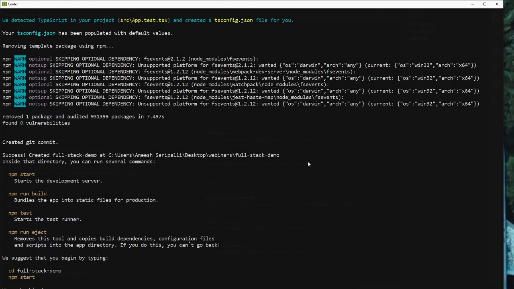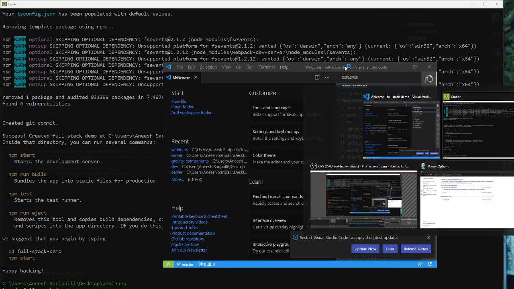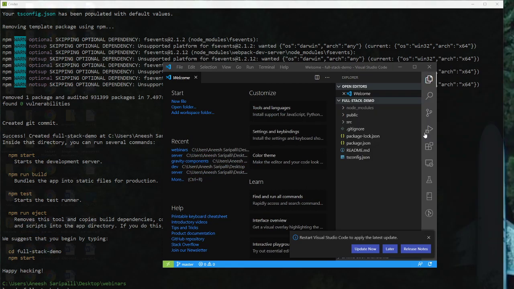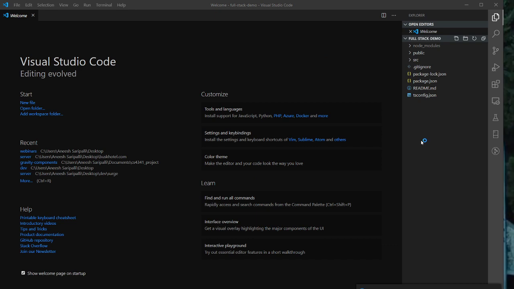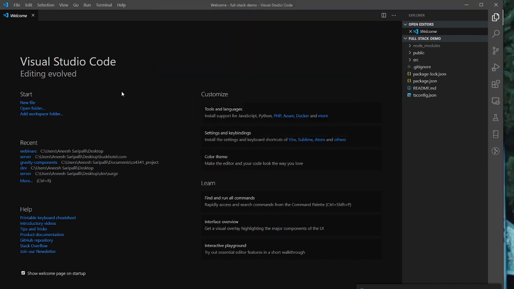Cool, so it's done now, just finished up, and we're going to jump into starting this out. So I'm going to open up Code, which is just the editor I'm using. It doesn't really matter what you use, just have to use something. So Code is a really popular one. I like using Code. People like using Atom, Visual Studio, also